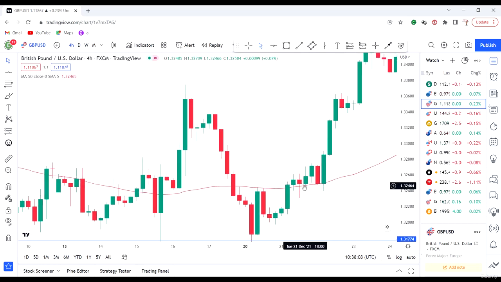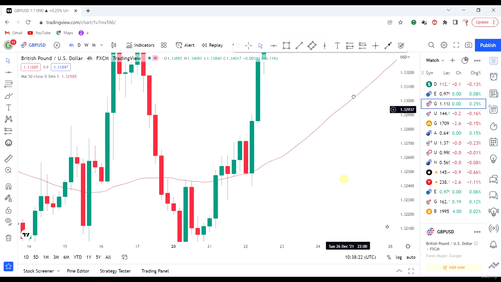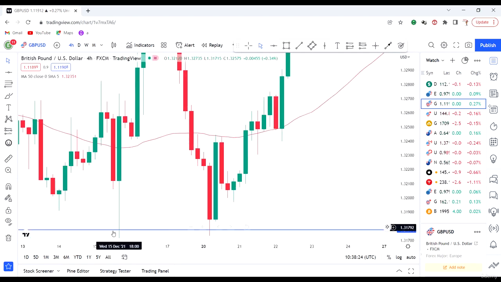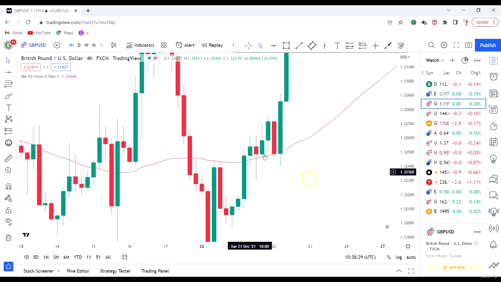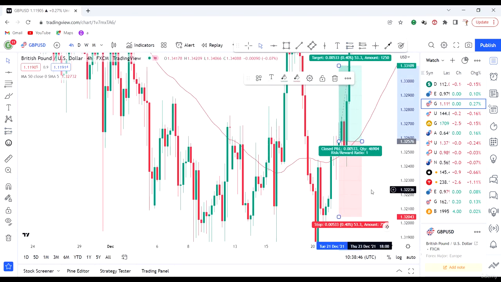and then I see that a candle like this opens above this simple moving average and then closes above the same moving average. That's all I used to look for. So I'll just wait and see if we have a double bottom or a triple bottom or whatever price pattern we have here, and then the candles open above the 50 simple moving average and also close above the 50 simple moving average. So I'll just enter a buy trade on the next candle,